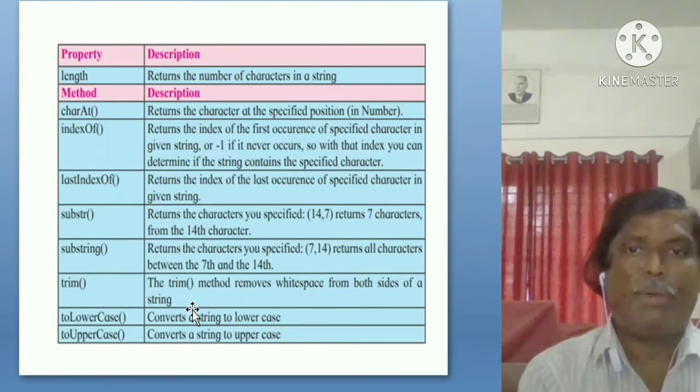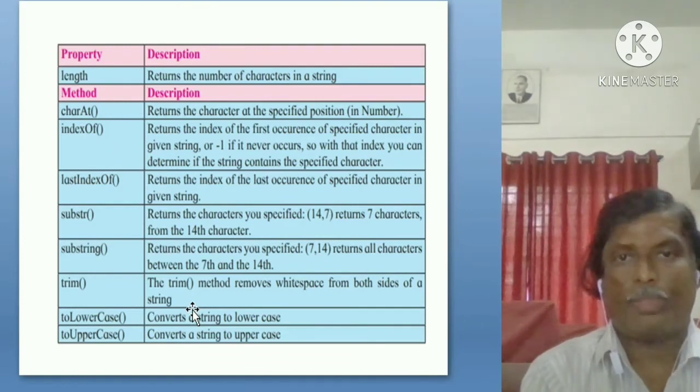Next method, trim. The trim method removes white space from both sides of a string. White space means blank space.